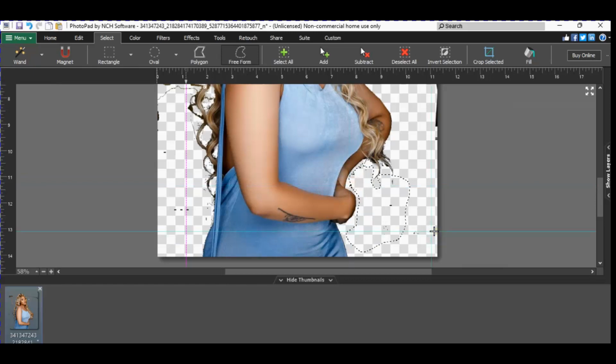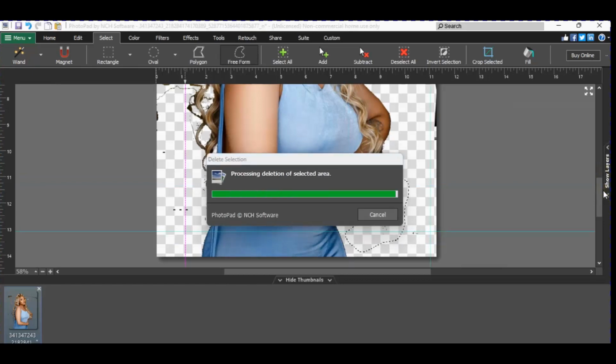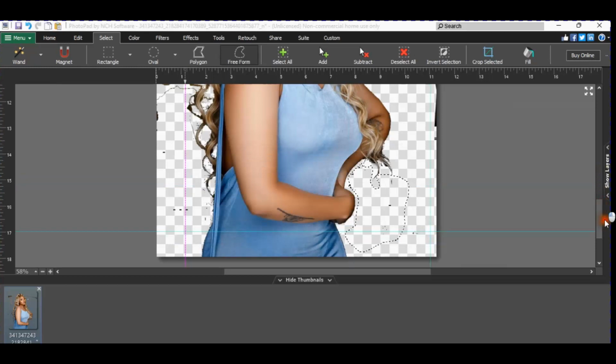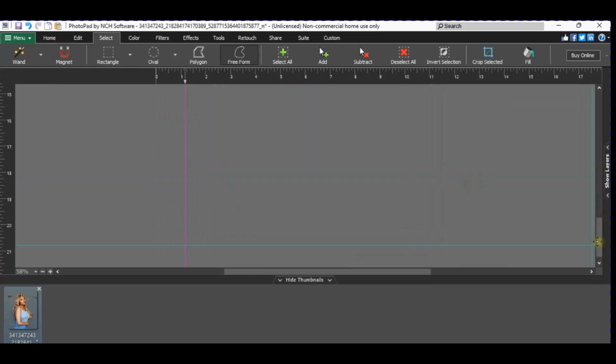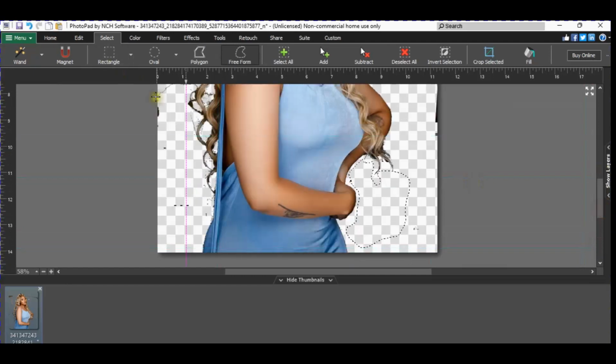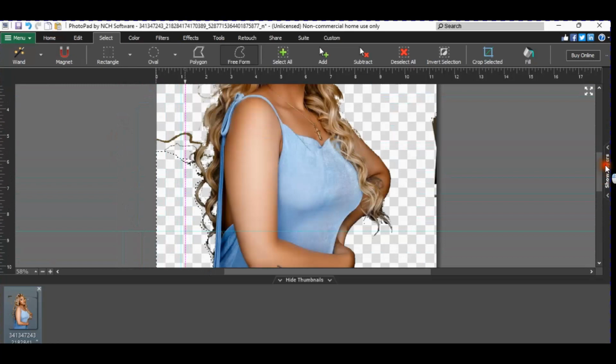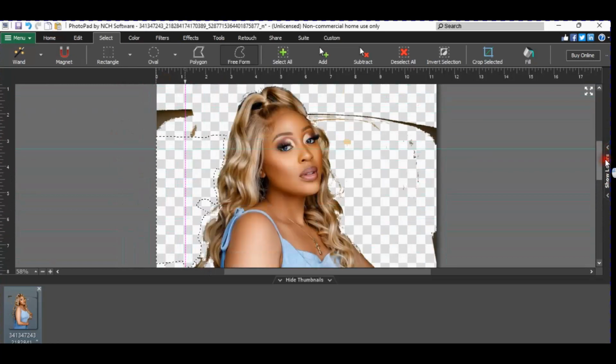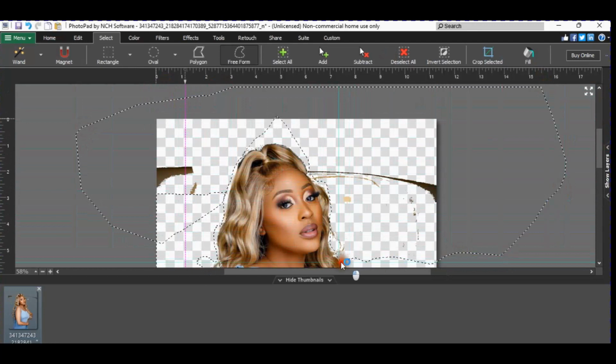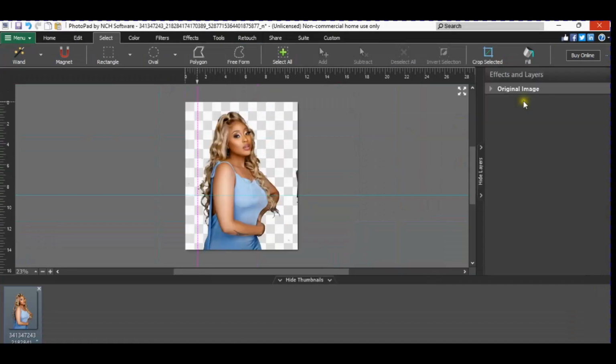Then you just click delete just to remove those small things. We can still move around. Sometimes I may cut things that I don't want. Just move around the body. Show our image, so we can go to